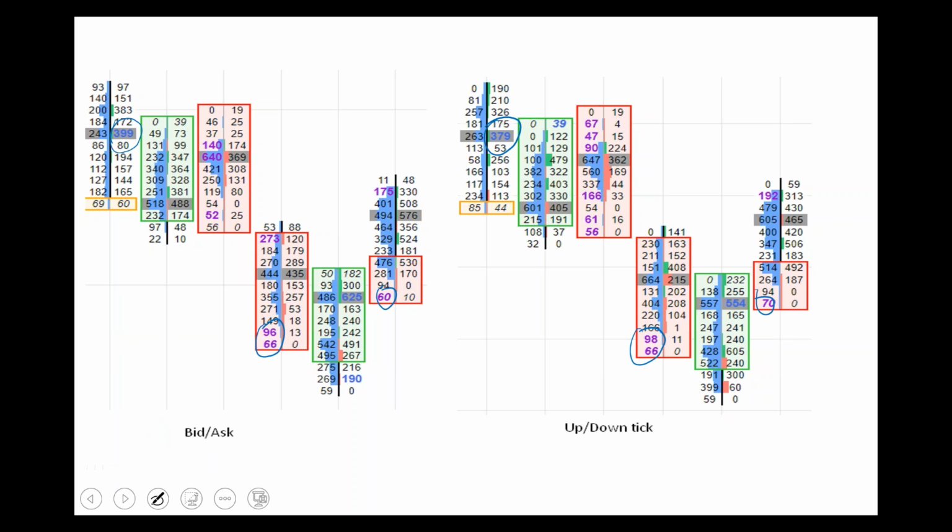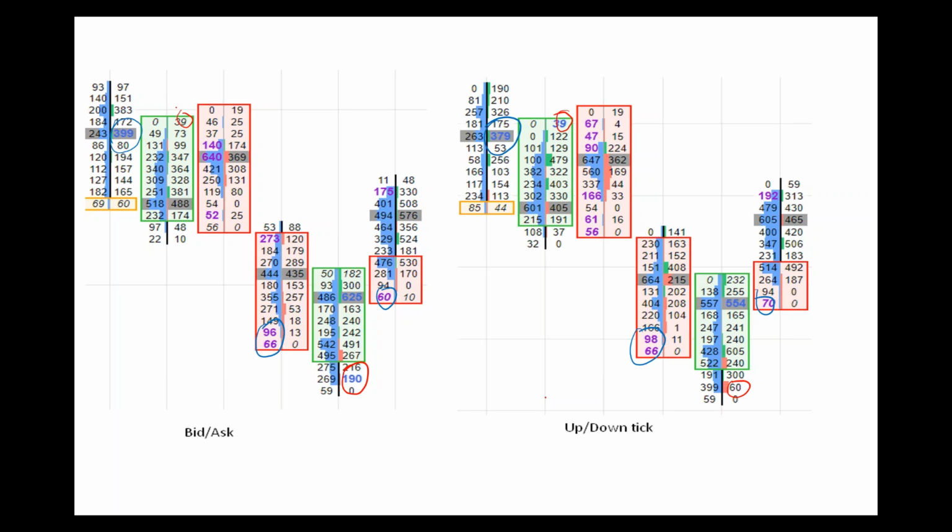But there are also lots of stuff that we don't have. So we have imbalance here that we don't find here, and we have imbalance here that we don't find here. Okay, so for the most part they are alike, but there are some differences, and the biggest difference is that on